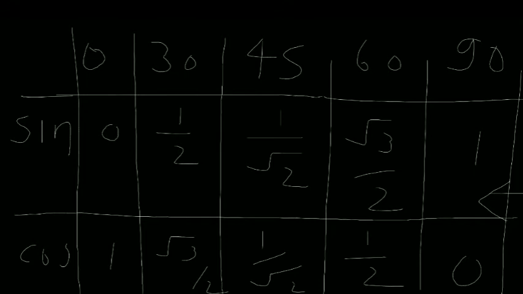Okay, so sin and cos you have found, and tan theta is equal to sin theta upon cos theta. If we divide 0 upon 1, 0 will come, so it is tan 0. Sin 30 upon cos 30 is tan 30, so 2 and 2 cancel, so 1 upon root 3 is the value of tan 30. Now tan 45, root 2 and root 2 cancel, so it is 1. Tan 60, 2 and 2 again cancel, so it is root 3, and tan 90 is 1 upon 0, so it is infinite.